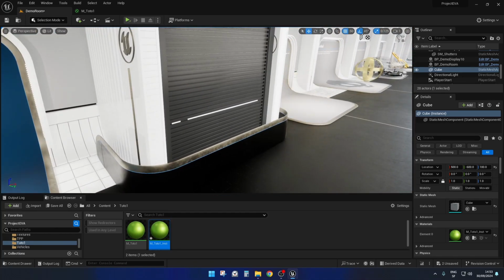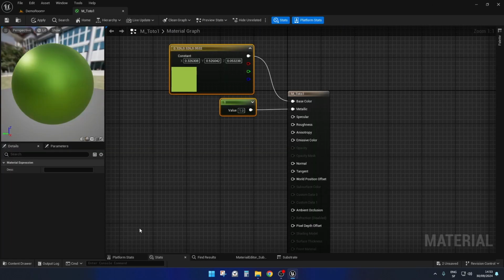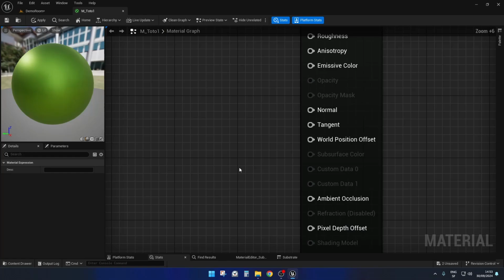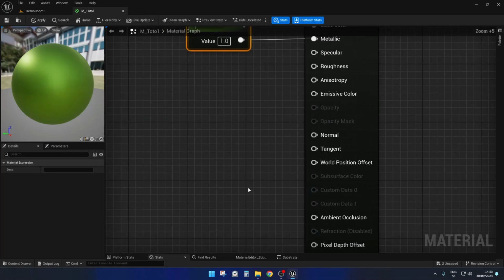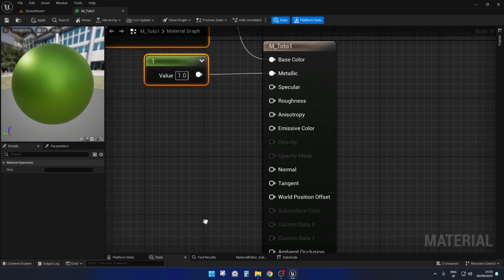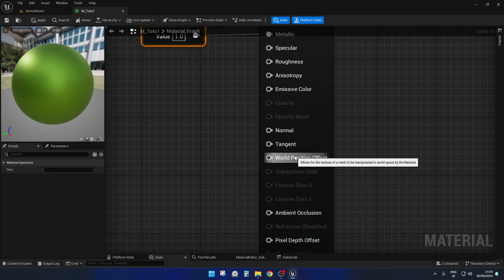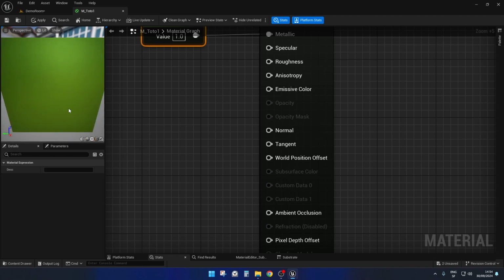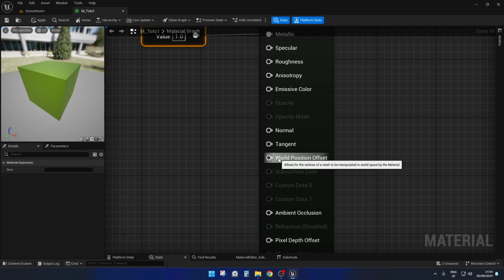Now let's try to move it. Okay, so we will go here in our material. All the vertex animation we'll be talking about in Unreal is made possible because there is this material output called world position offset. And this is an offset you can specify for each vertex of your mesh. So here it's important to remember from the beginning that it's